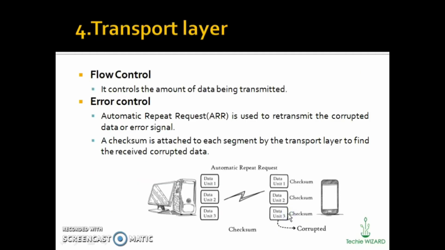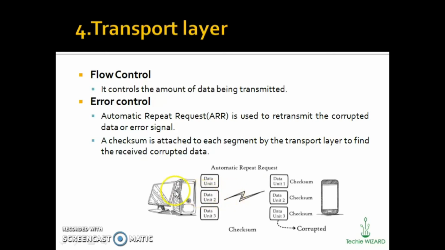The next is flow control. It controls the amount of data being transmitted. For example, if you are using a mobile phone which handles 10 Mbps of speed, and it is connected to a network of a PC which can transmit at a higher speed, say 50 Mbps, then through the transport layer using flow control you can request the PC to reduce the speed to 10 Mbps.